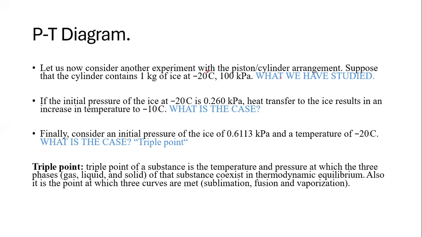Now we start from the solid because we are talking about ice. In the previous lessons, we were talking about liquid water to water vapor. We never spoke about the solid state, but here this is what I want you to understand. If you have your ice, which is the solid water, the temperature of your solid water initially is negative 20 degrees Celsius at this constant pressure of 100 kilopascals. So now when you supply heat into the system,